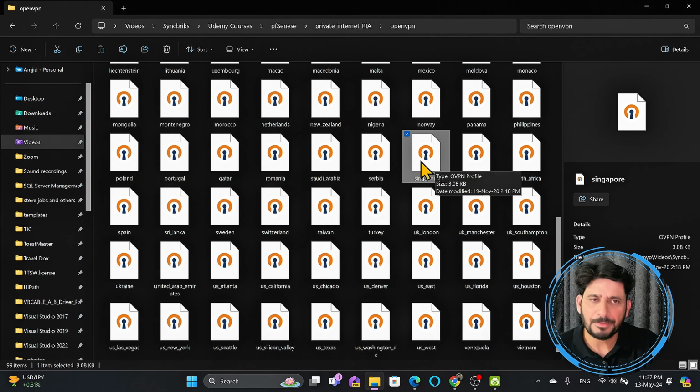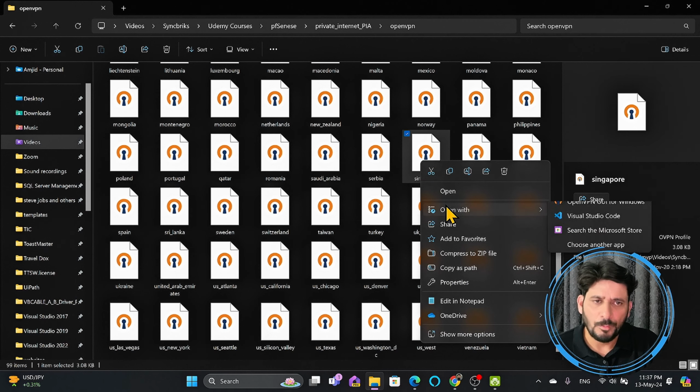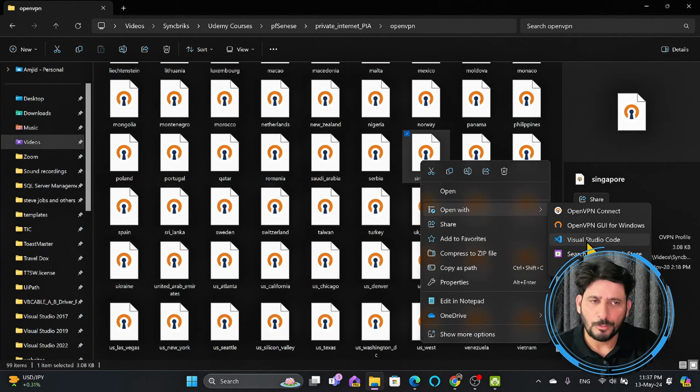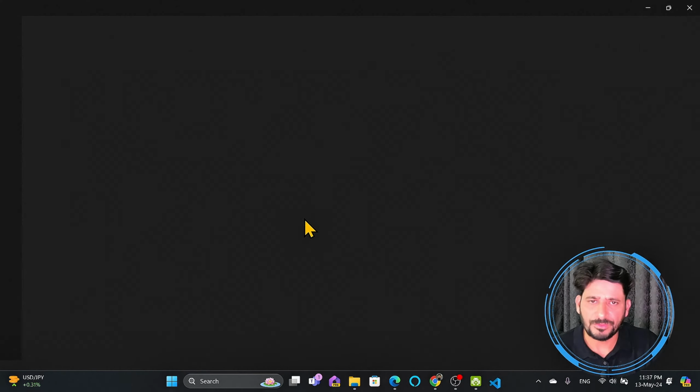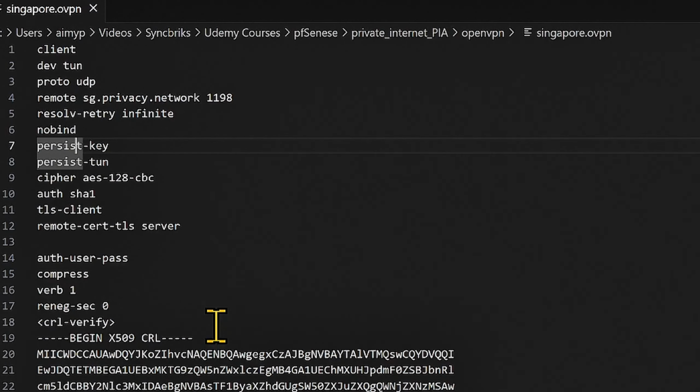It is extremely simple. I'll be right clicking here, open with a text editor. So I have Visual Studio Code. I'll be opening it here and I'll show you the content of this. There's a lot of text available, but don't worry, I will explain each and everything one by one. You can see here remote. It shows me here remote. This is the VPN server address, which is